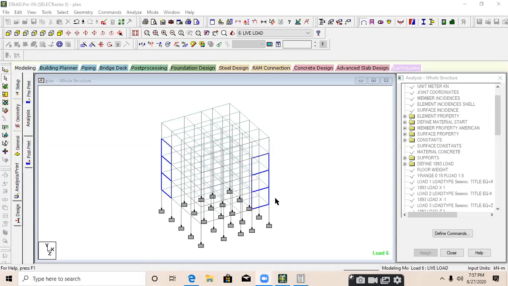Okay, sir. So will it be seen in the results, sir? No, it will not be seen in the results. It's a part of analysis and research. You just need to analyze the structure, provide the model, and find out why this column has failed.